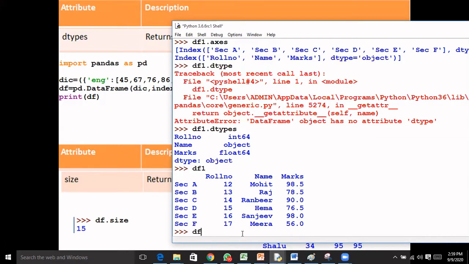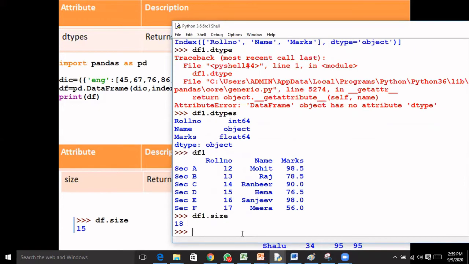Let me check df1 dot size. You can see 18 elements are there in my data frame. So size will show you the number of elements in your data frame.